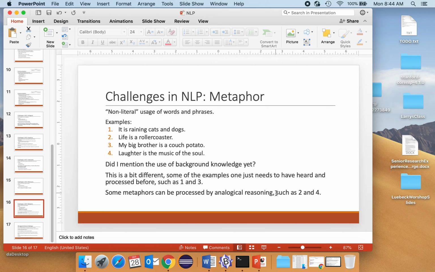But once you bring in knowledge, you've got to bring in inference, because you've got to combine some statement that is made, some sentence, with something else. And inference is notoriously hard. So that's where NLP is right now. Trying to figure out, how do we bring in background knowledge? How do we bring in inference to understand some of these subtleties?